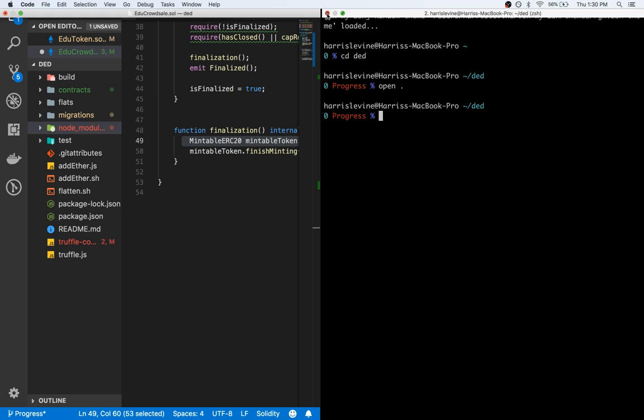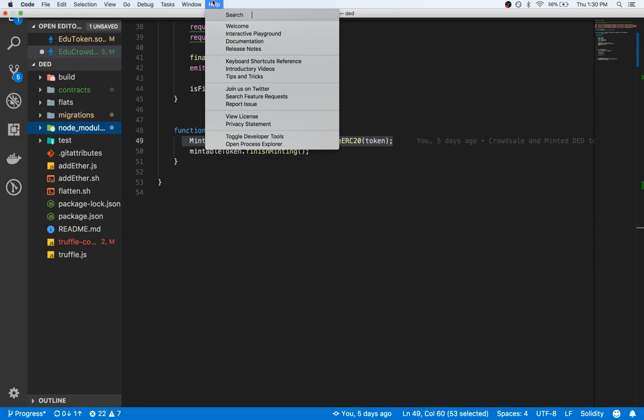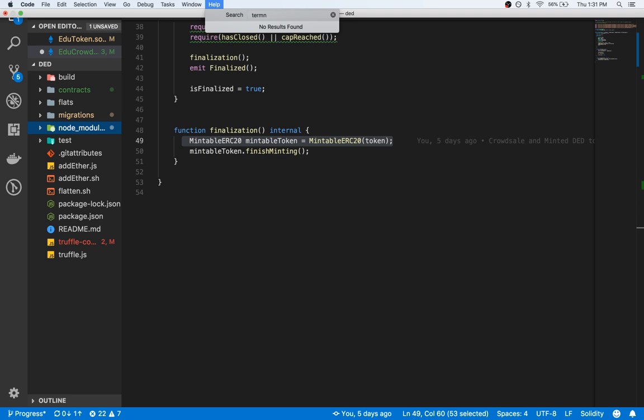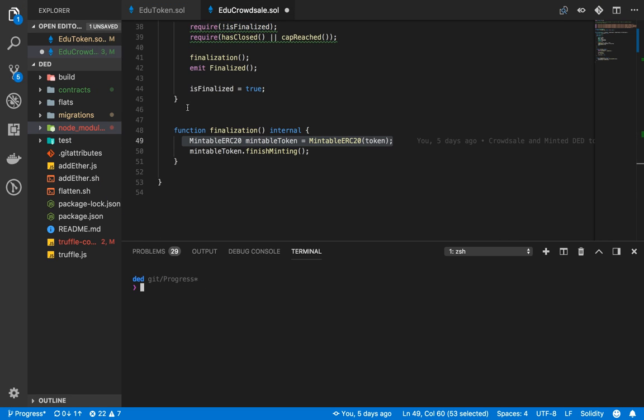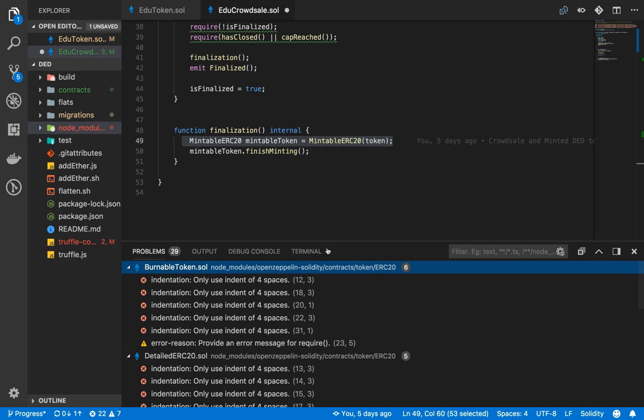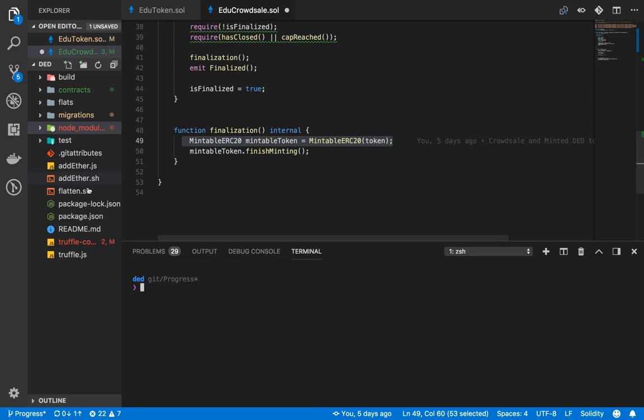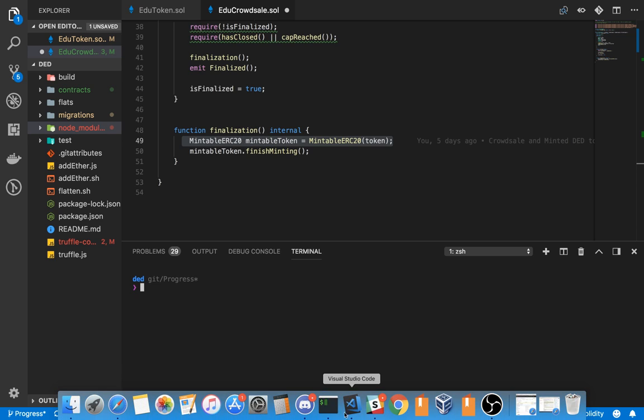Okay, so with that, we don't even need to use this. What we can do, this is why I love VS Code so much, there's an integrated terminal. Just type that in the help bar. And I can run all my commands. It's within this folder. I can install npm packages and all this. So the first thing I'm going to do, I'm going to say truffle. You know, no. Let me back up a step. The first thing I'm going to do